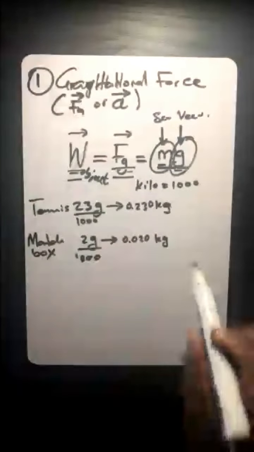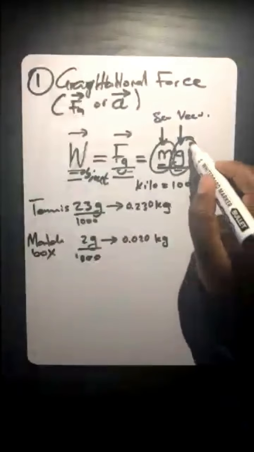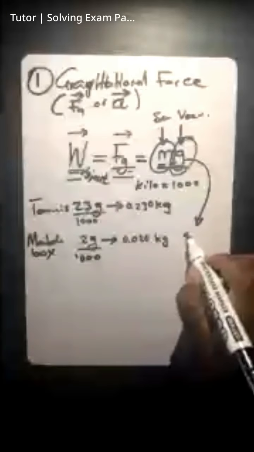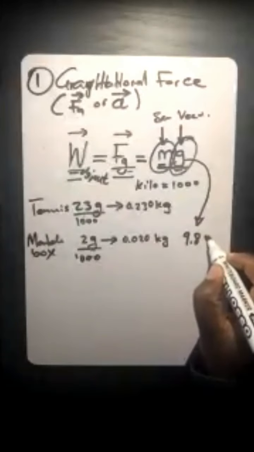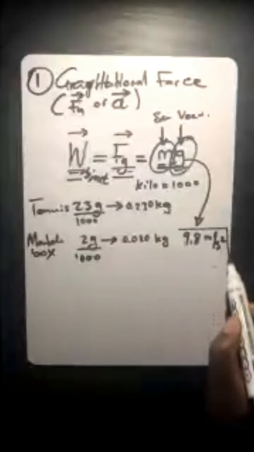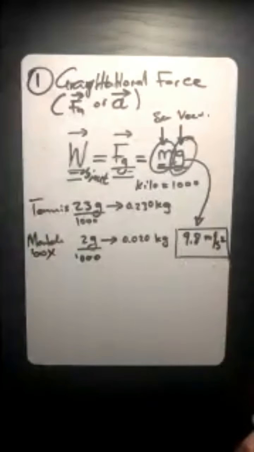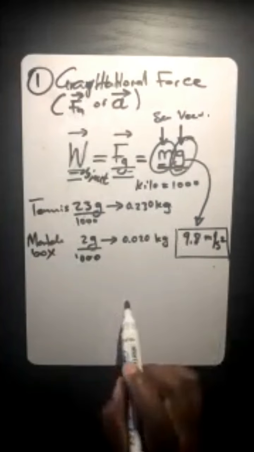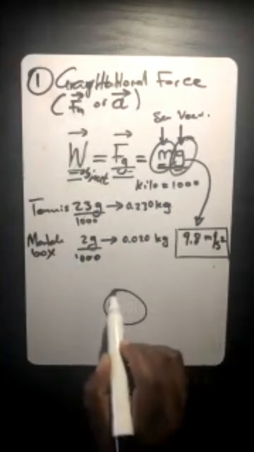So remember, the gravitational acceleration is constant and it's 9.8 meters per second squared. Do you guys remember that statement? Yes, sir. So that means if we've got the earth and